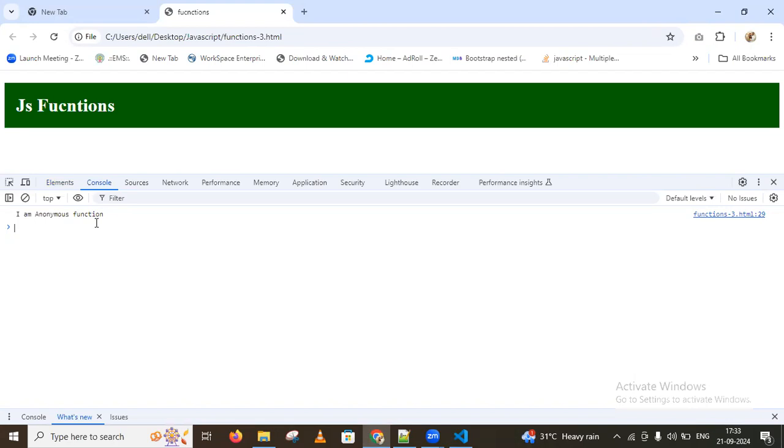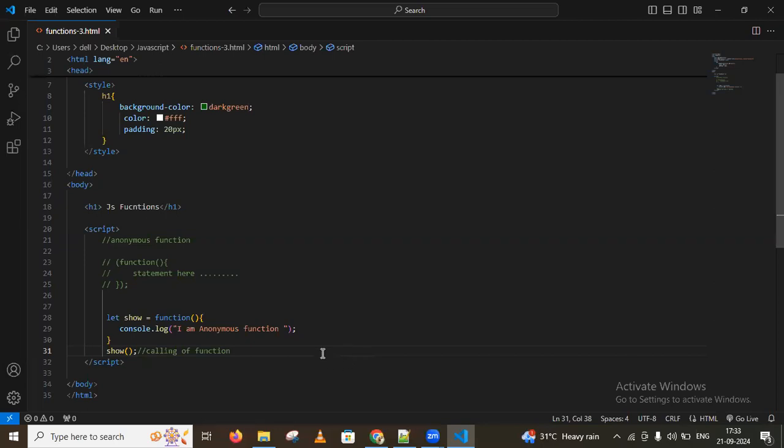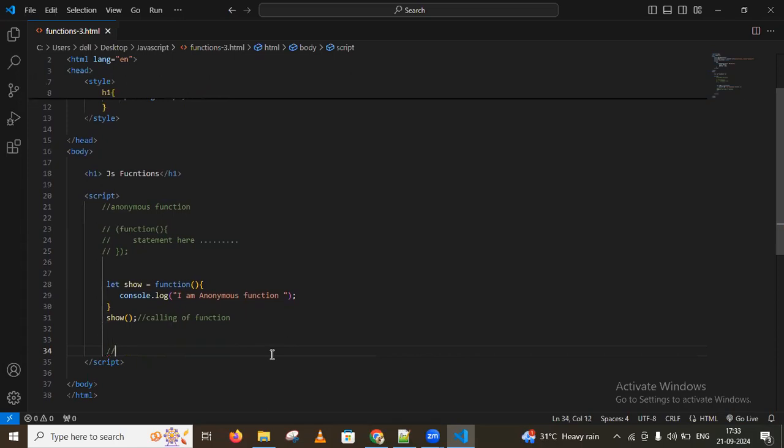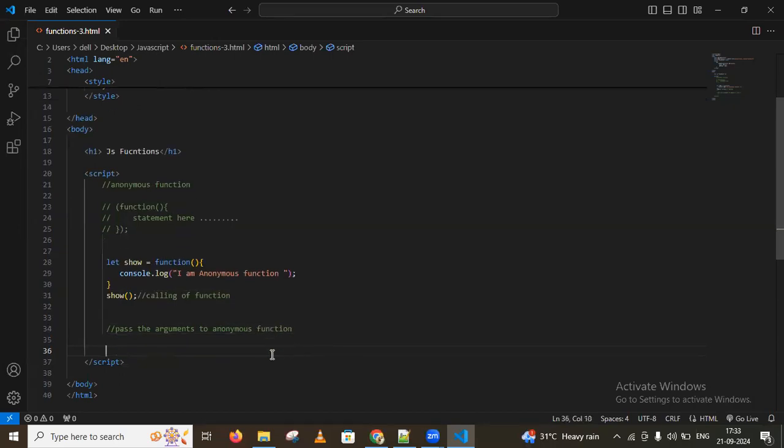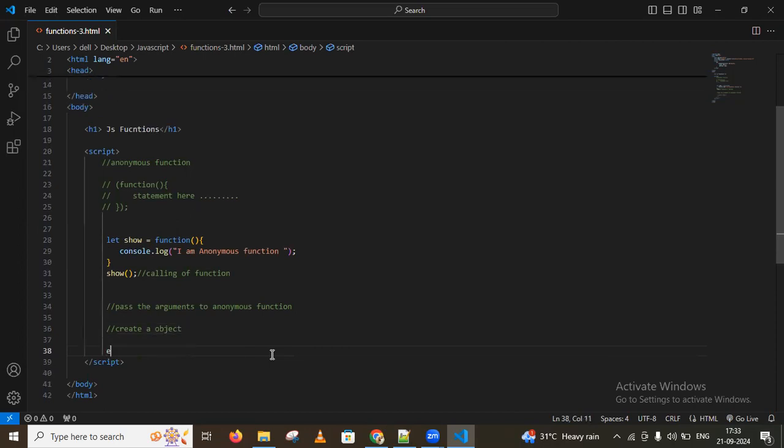And next thing, we can also pass arguments to an anonymous function. So how to pass arguments to an anonymous function? Let me take an example. Pass the arguments to anonymous function. For this, let me create an object. I want to create an object here. So let person equal to